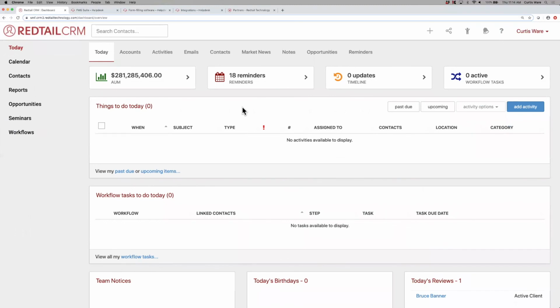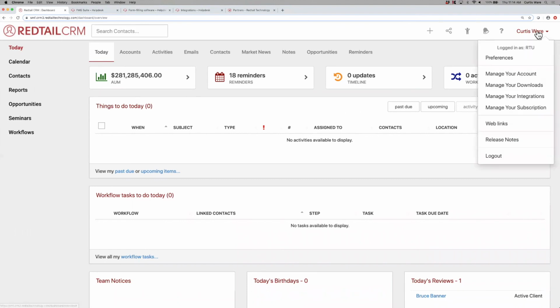All right. So another thing I want to talk about in regards to integrations is on the left-hand side, most of the time, you might see a social icon there. And maybe you don't use that social. That social is actually set up for our social media integration with Twitter. So for instance, if you don't want to see it, like we're not seeing it now, you go to your name in the top right and then manage your integrations,